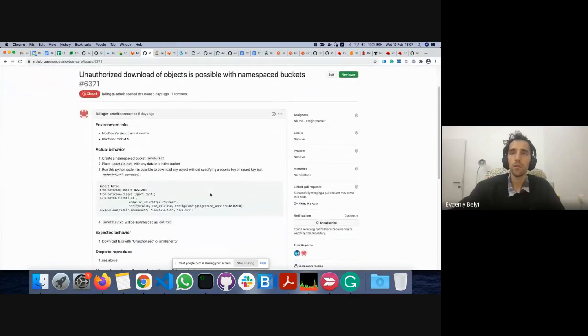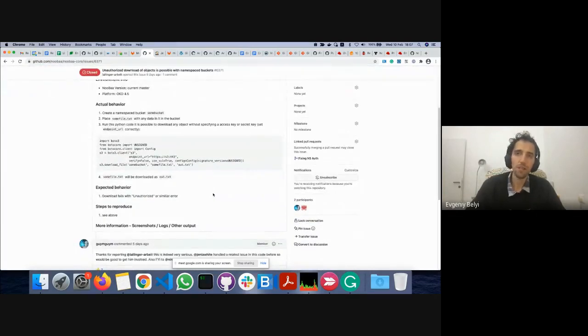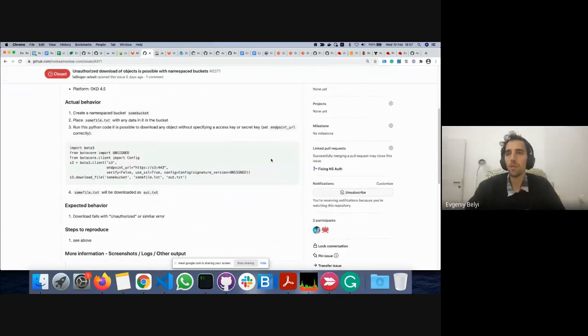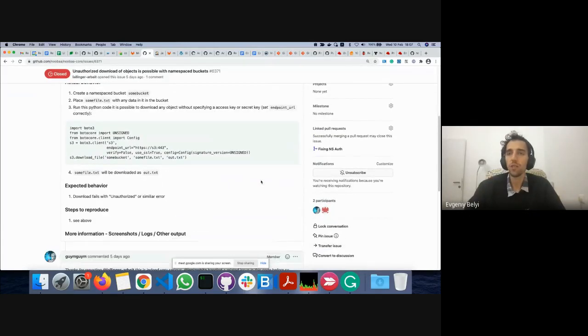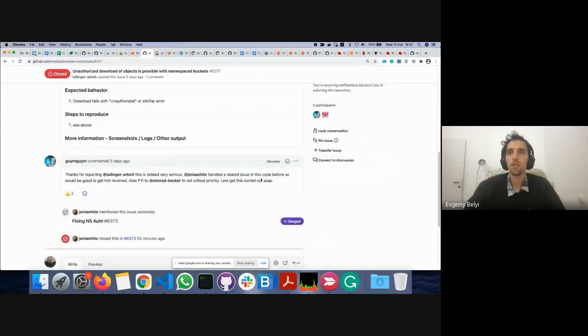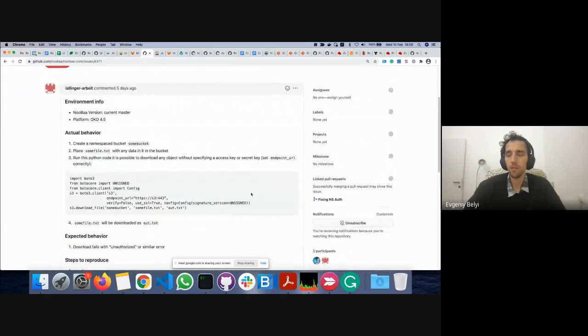Whenever we have a namespace bucket, we allow users to access it anonymously. In the issue, you can actually do an anonymous request to the endpoint, and you will be able to download the files that are located in the namespace bucket.